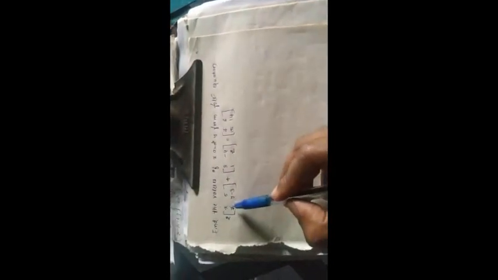Okay, so one more example we are going to study is, find the values of x and y from the following equation. So we have to find the value of x as well as y. Here they have given 2 into the matrix [x 5; 7 y minus 3] plus the matrix [3 minus 4; 1 2] is equal to [7 6; 15 14]. So first we have to add these two matrices, then after adding we have to compare the equality between the two matrices.